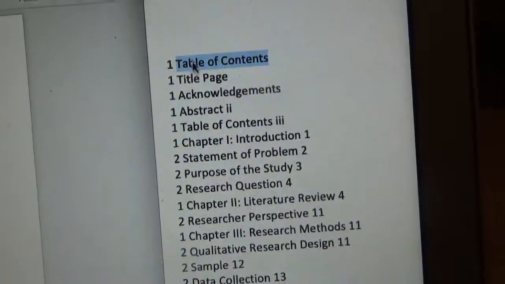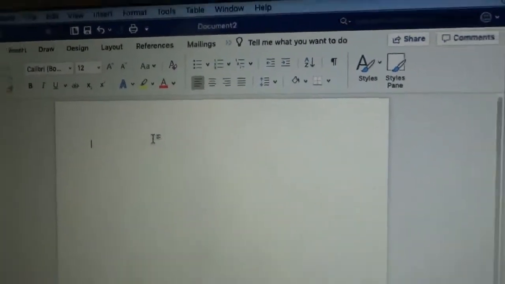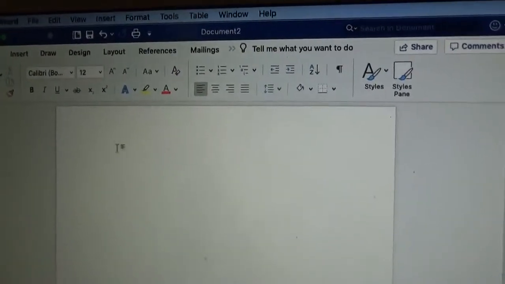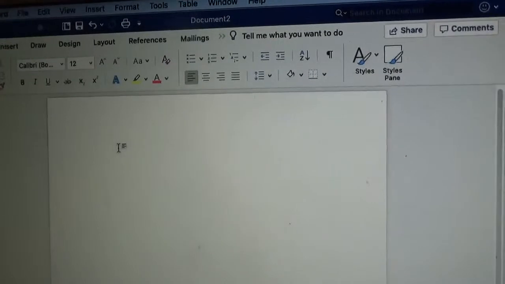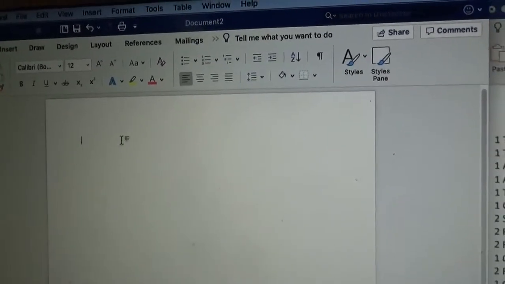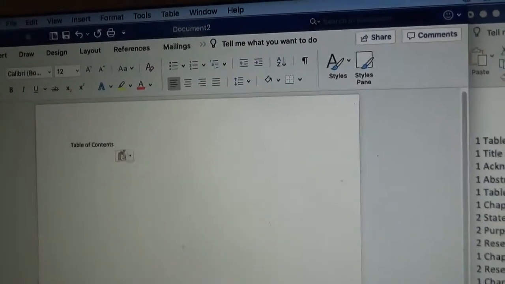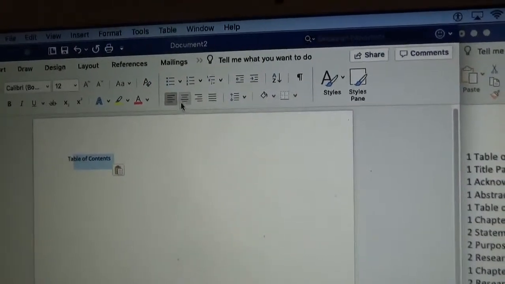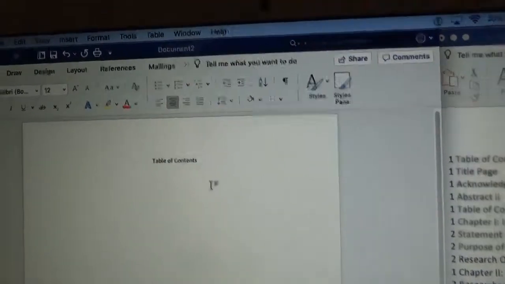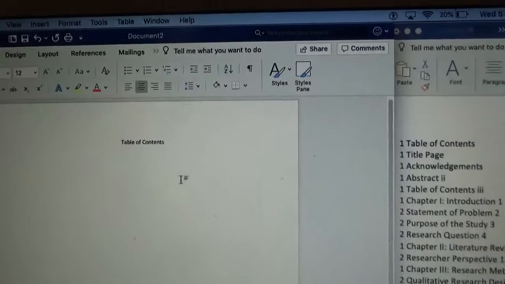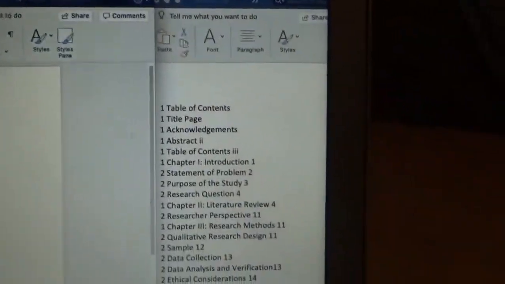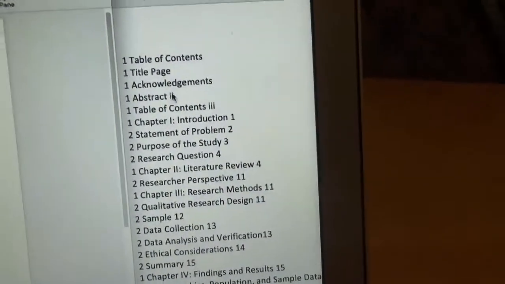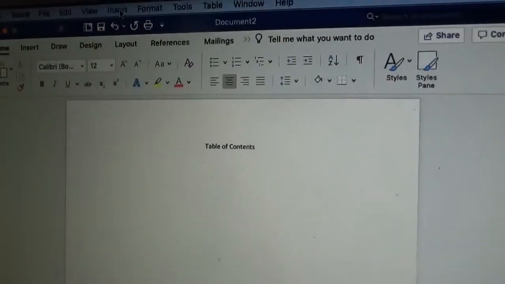So first thing is grab your title, and in the document you want the document double spaced, and you want a left margin of 1.5. Paste this in and then center it, maybe add a space, and then what you want to do is you're going to refer to this list for each cell. So you're going to insert a table. So go into the insert menu